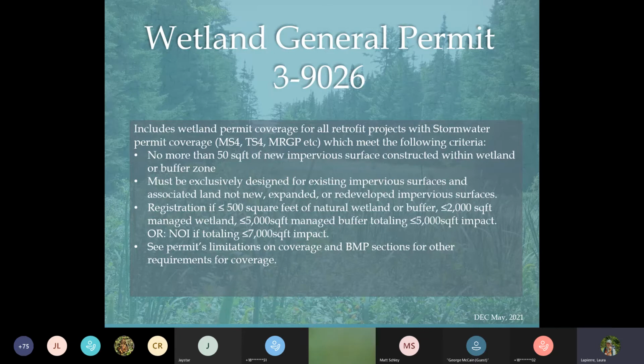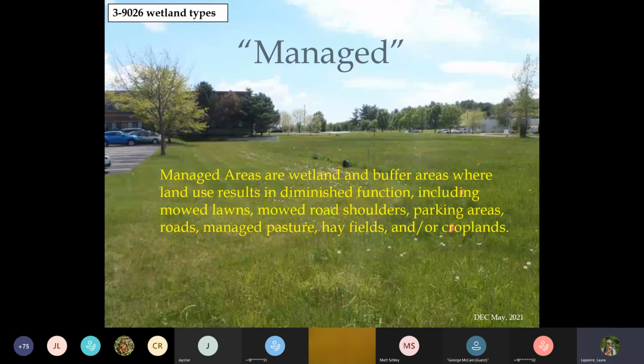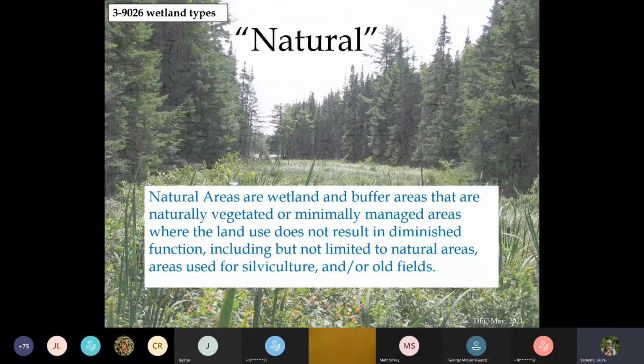So a few descriptions here on natural versus managed, because we receive questions about that. This is an image of a managed wetland and buffer zone. Managed areas have diminished function, including mowed lawns, road shoulders, parking areas, roads, pastures, hayfields, and croplands. Those are all considered managed wetland or buffer.